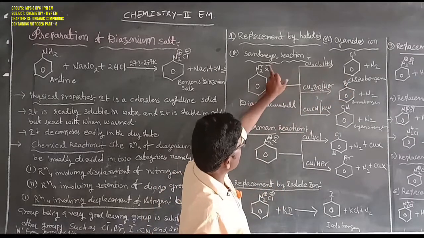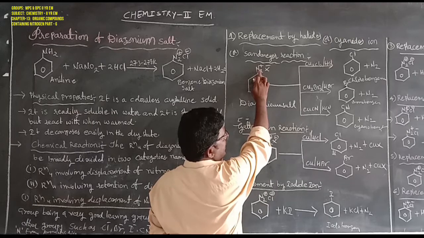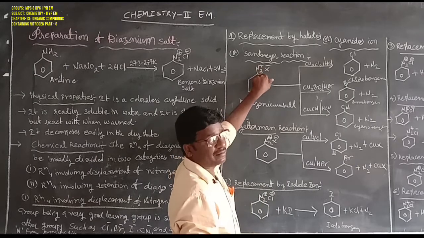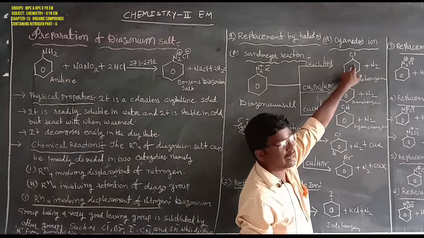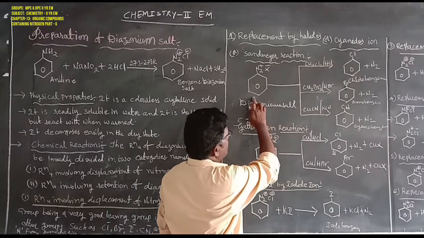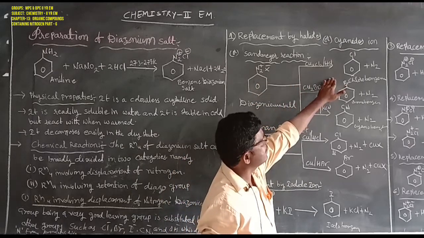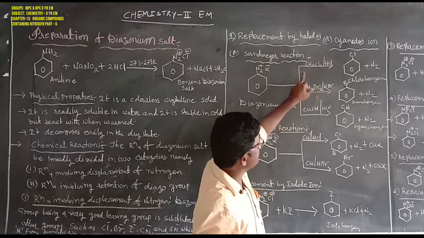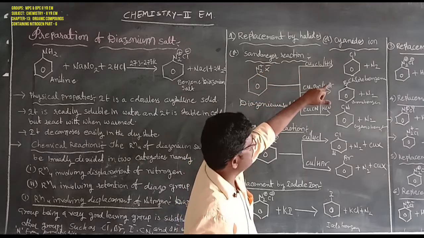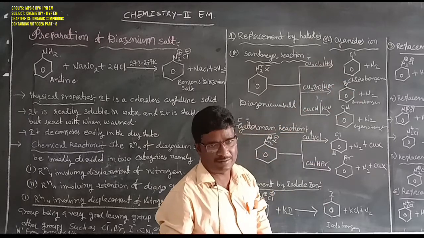Here is the replacement of the Cl minus ion, the replacement of the diazonium group by the halide. That is also known as a reaction involving displacement of the nitrogen atom, with chlorobenzene and N2 plus formed. Benzene diazonium chloride is treated with cuprous chloride and hydrochloric acid. In this reaction, displacement of the nitrogen atom and replacement by the halogen Cl, chlorobenzene is formed. That is also known as the Sandmeyer reaction.